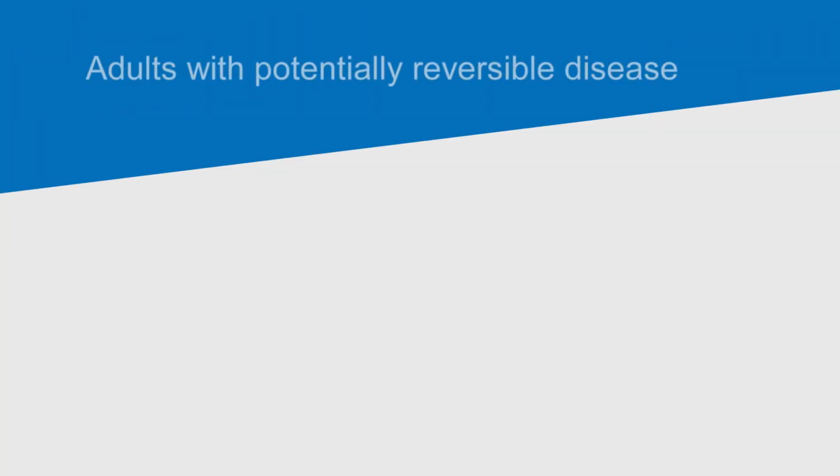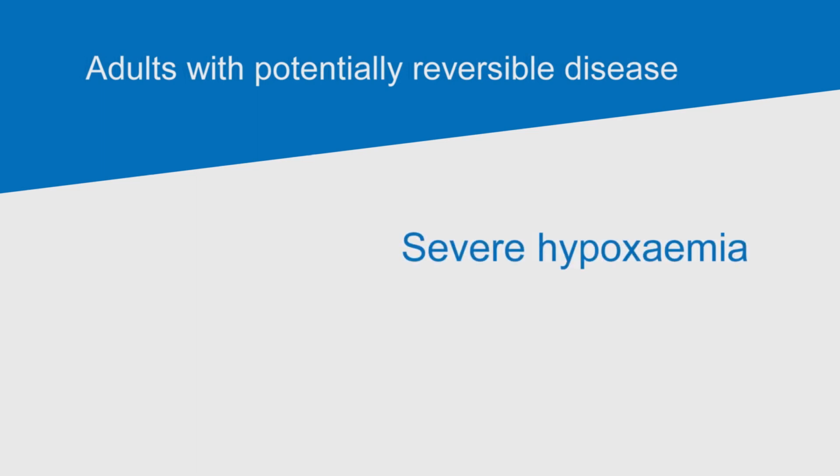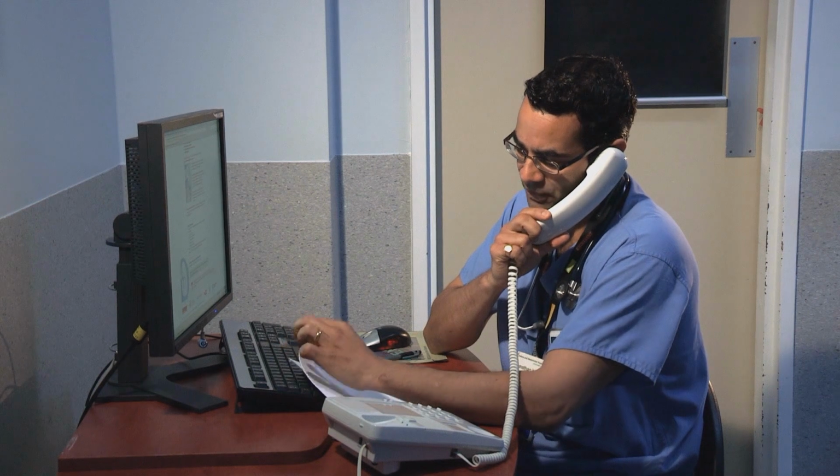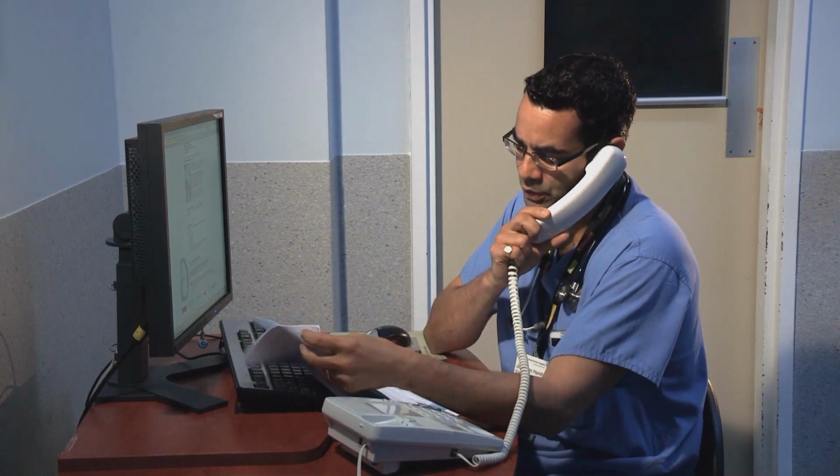We are happy to discuss any patients with severe acute respiratory failure who you think might benefit from our service. In particular, this includes patients with potentially reversible disease associated with severe hypoxemia and/or hypercapnic acidosis, despite maximal conventional management. We appreciate that referring centres have different experience of looking after such patients and different access to advanced therapies, including prone positioning. However, we encourage early discussion of these patients as the potential benefit of advanced therapies such as ECMO